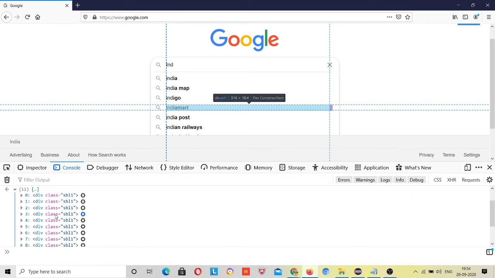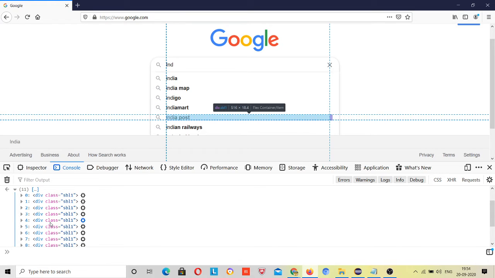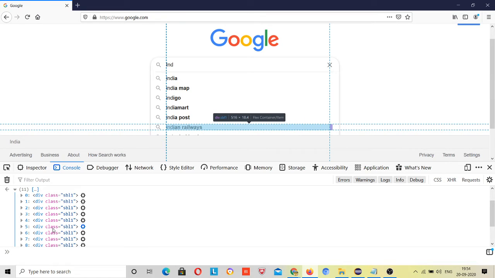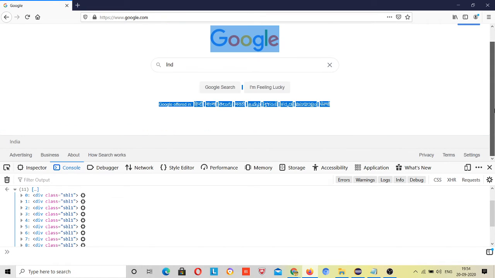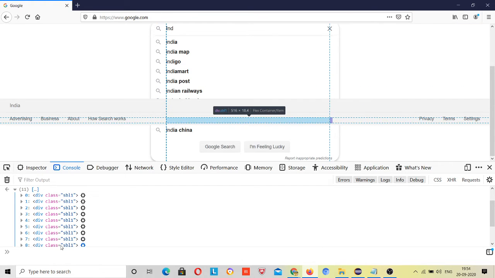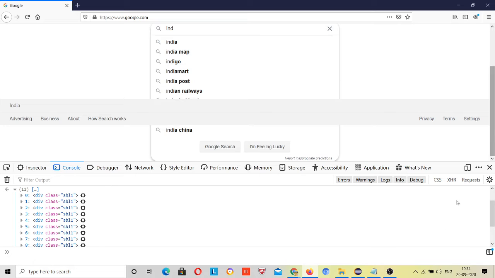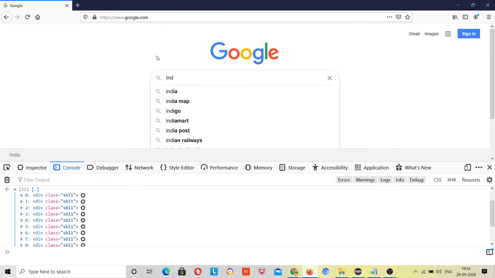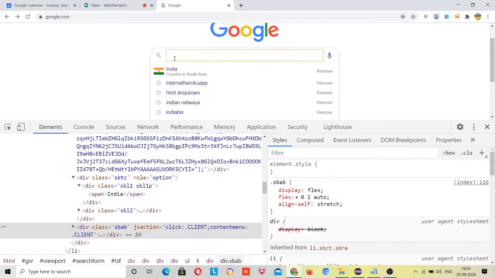India Mart, Indigo, then India Post, Indian Railways. If I come down, the last value will be highlighted, then India, China, whatever, right? So see, the SBL1 class is common, and using that I can write a common locator. So that's why I did that.